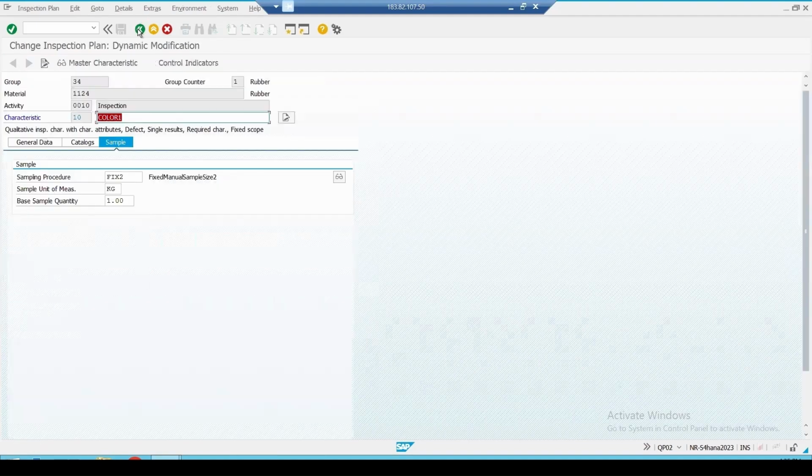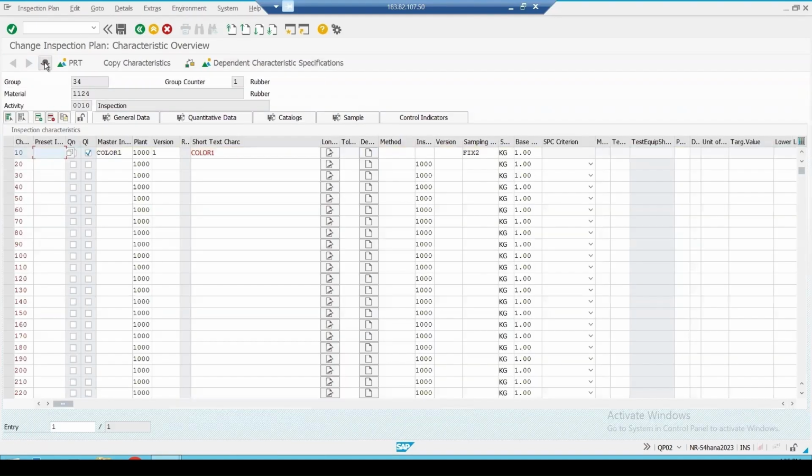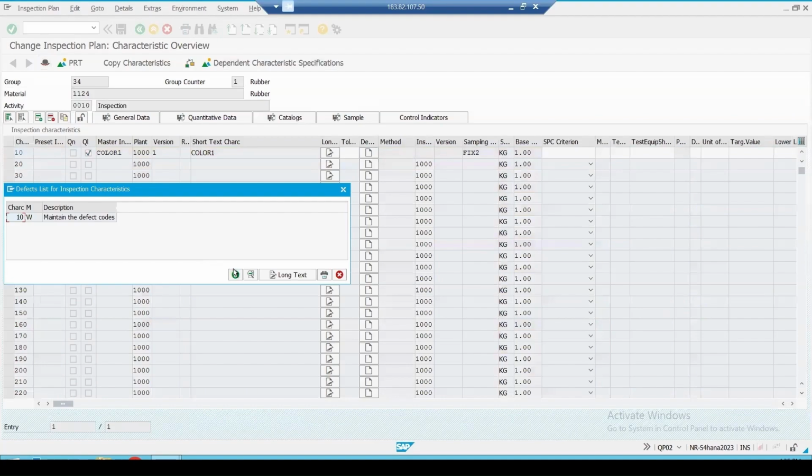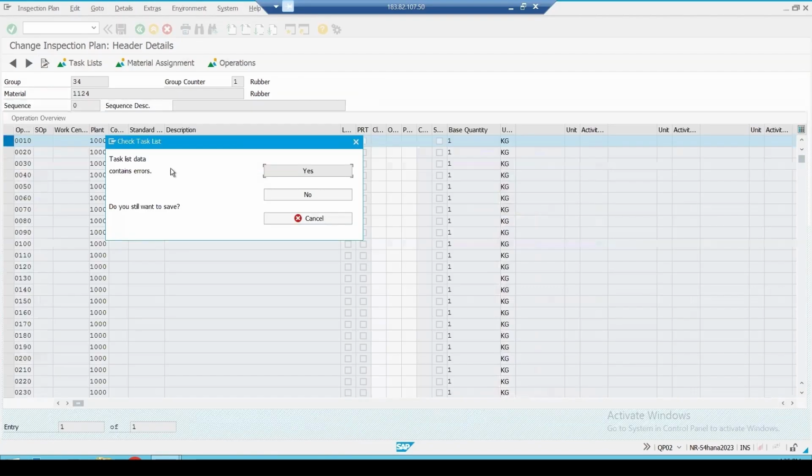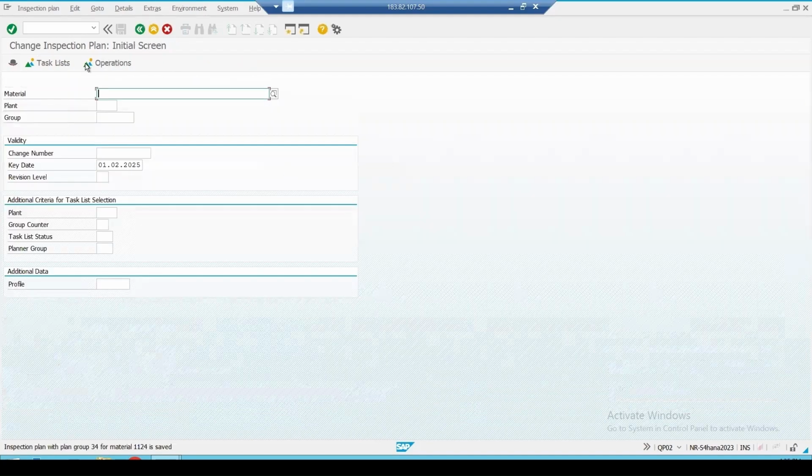Let's go back. And the header label data, it's normal, okay? No inspection point or any extra thing is selected in this. Save it, okay? Continue with this. And now we can create a purchase order,